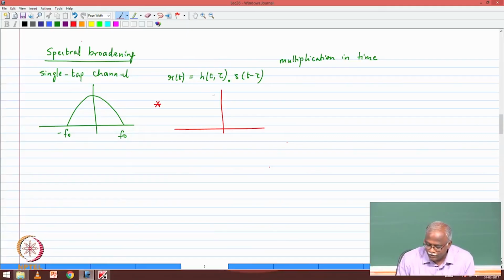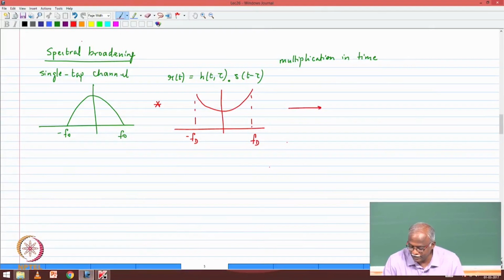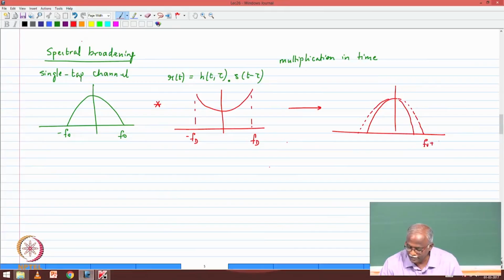from the power spectral density I know that the channel response must be 0 outside of FD. So, the likely shape is something of this type. It is not exactly the same, but it is of that nature. There is a strong spectral component around FD, that is H. So, if I convolve these two, where this one goes from minus FD to plus FD, then the resultant spectrum that we get is a slightly broadened spectrum. So, the original spectrum is here, the broadened spectrum is, this is F naught plus FD, again we have looked at this a couple of times, minus FD. So, basically slightly wider.